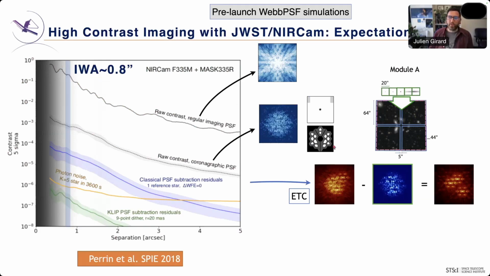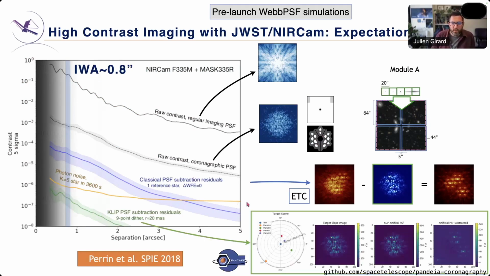You have to know also that with the NIRCam coronagraph, we are only using 19% of the light, and so our signal to noise floor is not as good as with imaging at large separation, which means that